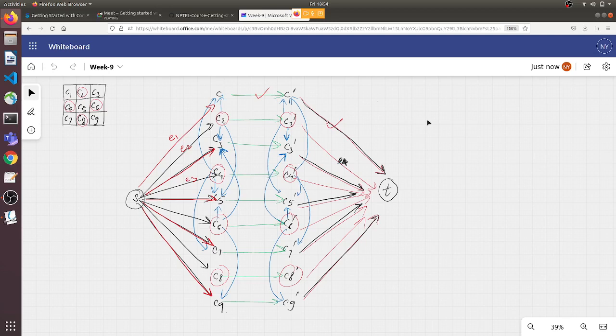When we have picked this E4 edge here indirectly, what are the relationships? C2 is connected to C1, C3 and C5 here. So if we pick E4, the edge E4, which is the indirect edge from C2 dash to T,